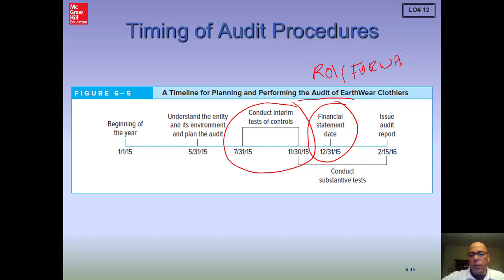And then, of course, there are always after year-end procedures before we end up issuing our report, our wrap up of doing our final set of analytical review procedures, etc. And we'll talk more about some of these procedures as we get into some of our later chapters. But again, the question with interim testing versus year-end testing is, how much of those do we do? We're going to do more interim testing if we had assessed the risk of material misstatement at less than the maximum. If you assess the risk at the maximum, we're going to be doing more of our testing at a year-end date.